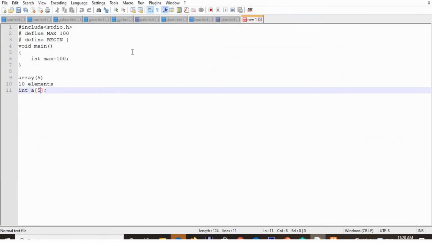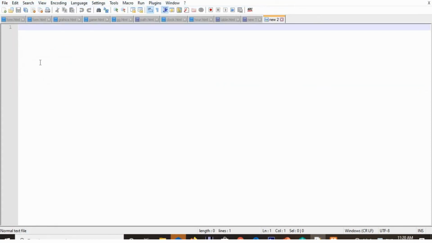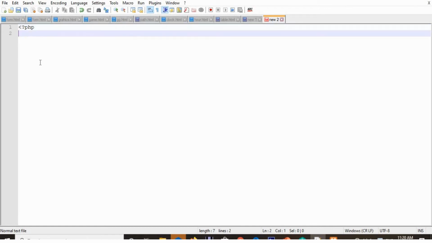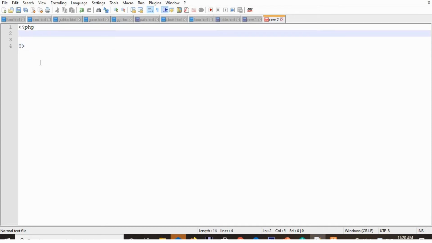In this location I am going to create a new PHP file, right? As I told you, the structure of PHP starts with the angular bracket followed by question mark PHP and ends with question mark followed by closed angular bracket, right? Inside it we can write anything, right? First of all, let's learn about printing a statement in PHP, right?